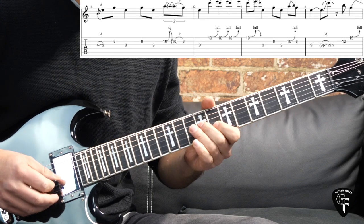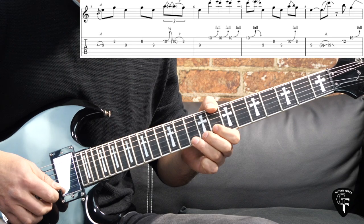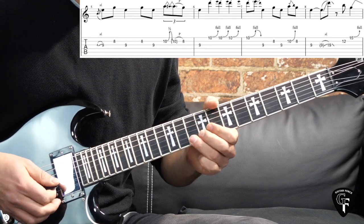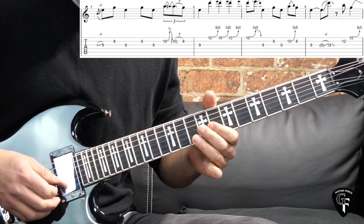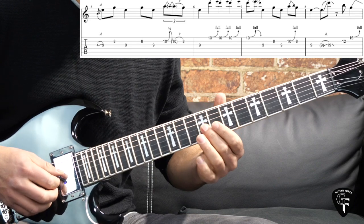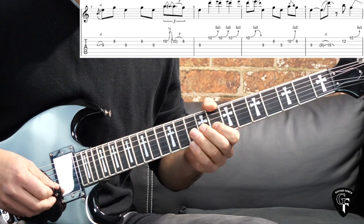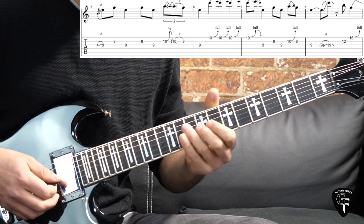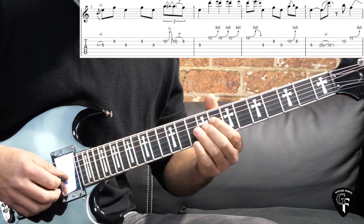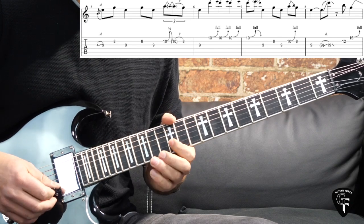So like that. Then we have 4 bends on the high E string, 10th fret. The last one kind of bring it down, and then we have, so we go back to the G string again on this note here, and then that lick. You slide up, you stay on this note a little bit longer, slide up, and then we go into